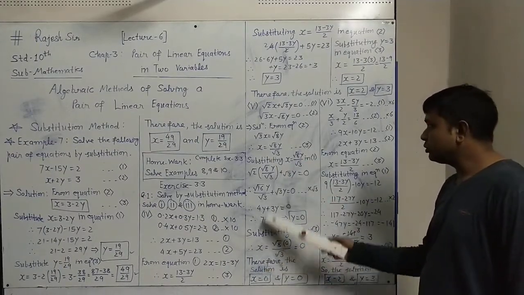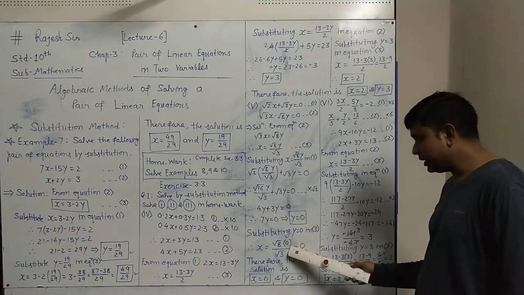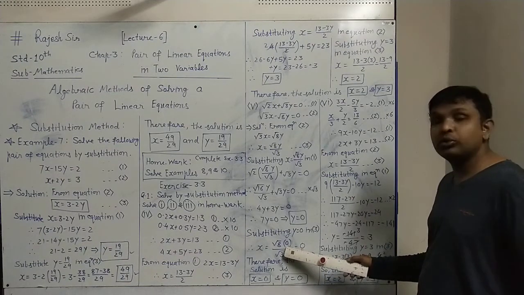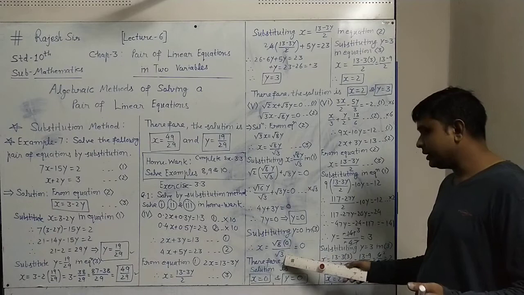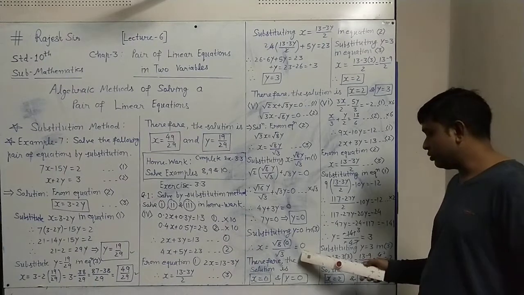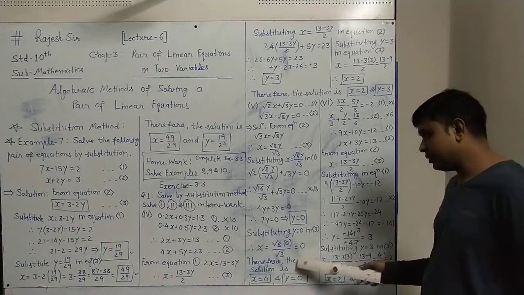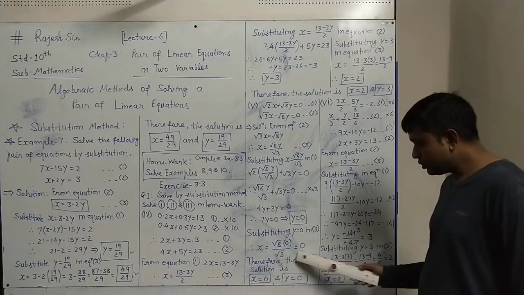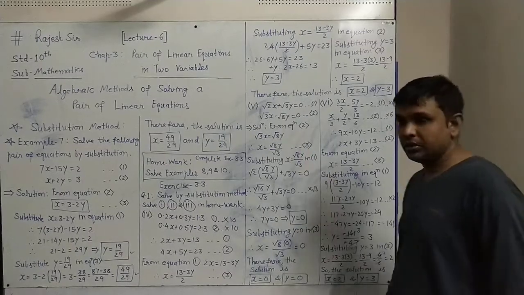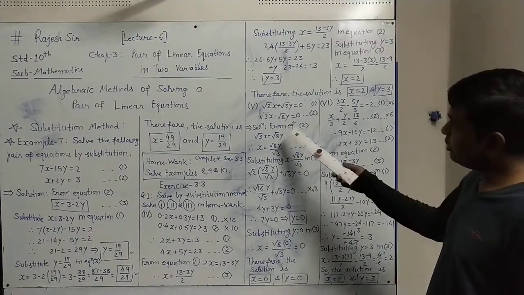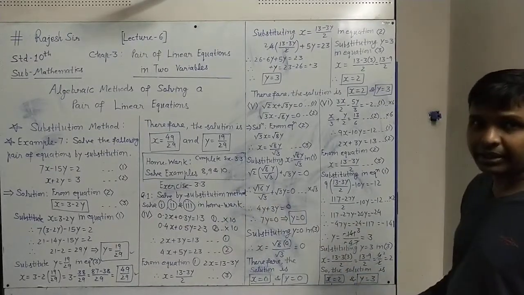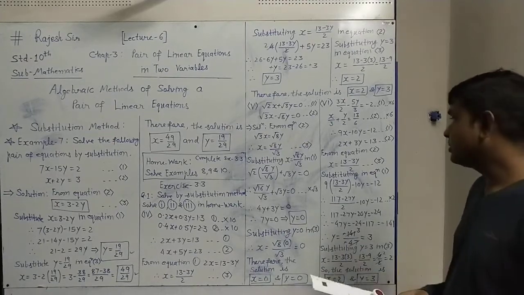So it will be x equals to root 8y, y is 0, that placed upon root 3 as it is. As you know that root 8 into anything into 0 is 0 and divided by anything is also 0. So 0 into anything, the whole answer will be 0. Therefore, the solution is x equals to 0 as well as y is also equals to 0 in this pair of linear equations. So you can see that the complicated looking sum is also done by the same method only, but just take care how to simplify the complicated parts.